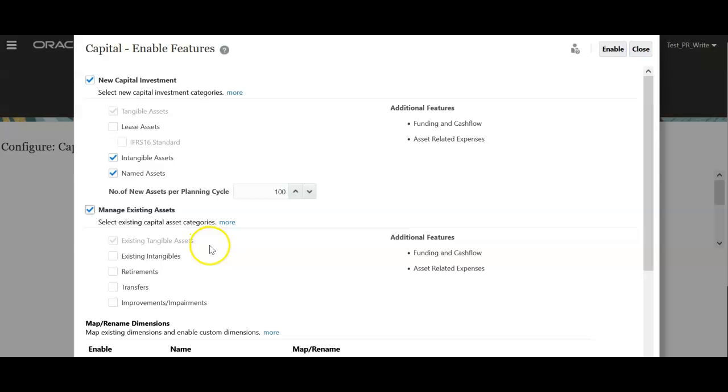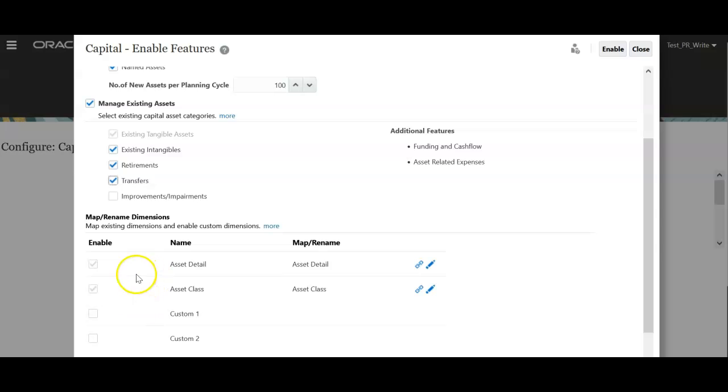Existing tangible assets is default. Existing intangibles, retirements, transfers, we will enable this feature later. Additional features that come are funding and cash flow, asset related expenses. As we discussed in this session, these details are updated in the cash flow and related expenses are also calculated.